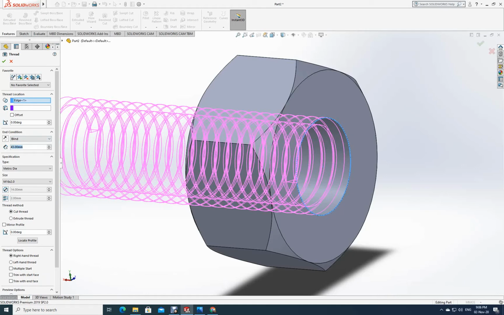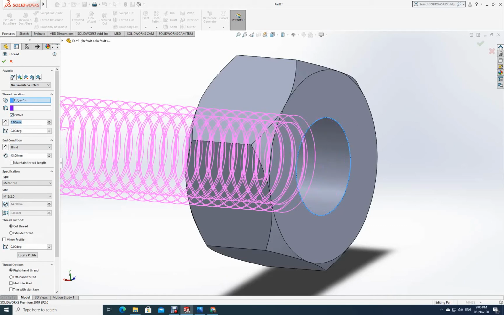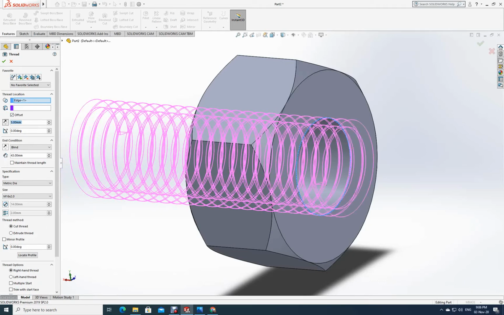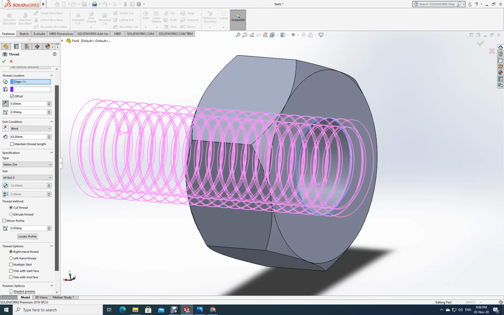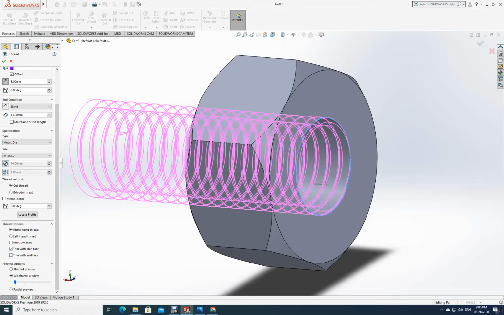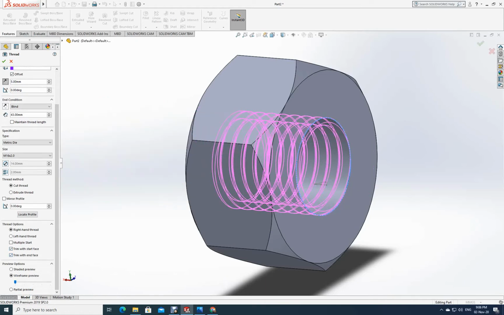Let us say, I will offset it also. I will offset by 5 millimeter the other side. Sure, it is coming outside. Okay. Now you make it trim with the face, trim with the face. See that? It has trimmed with these faces. Understand? So, what is the size now here? M16 into 2. Okay. Now see, it is showing you the diameter as how much? 14. That is inside. This is what we had taken. Now pitch is 2. Now let me just say OK.